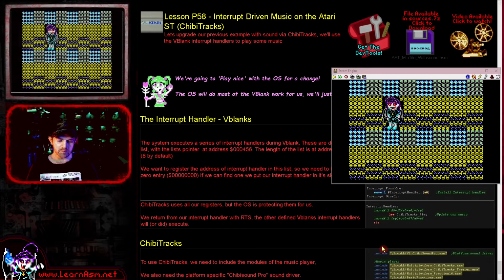We've got this example here. This is my Mintile example, the graphics routine, and we've added sound to it via my ChibiTracks music player. We're not going to look at the graphics today. What we're going to look at is how we can get the Atari ST to fire an interrupt at VBlank, and then in this case we're going to use that interrupt to actually time our music so our music plays